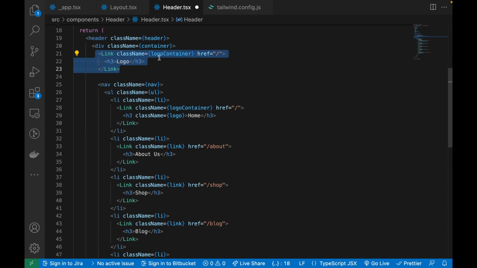Here we have our logo with the logo container. Here we have our nav, ul, li. Okay, and here we have a link with the class name of link. And here we have our home, which has a class name